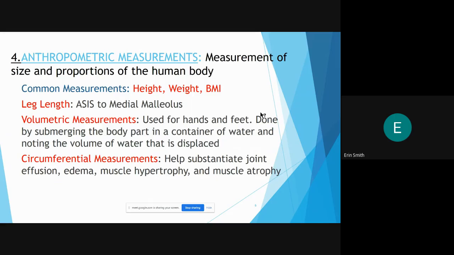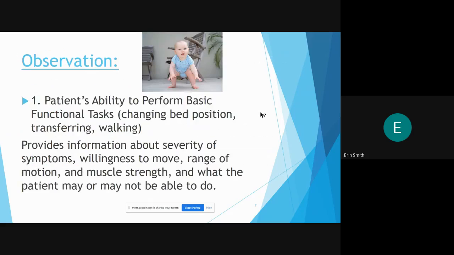Okay, so those are the 4 things that you're going to be looking at to assess your patient. So now we're going to talk about observation. What can we assess about our patients by watching them move? Okay, so we're obviously going to be looking at our patient's ability to perform basic functional tasks. We're going to be looking at how they change position, how they are transferring, how they are doing